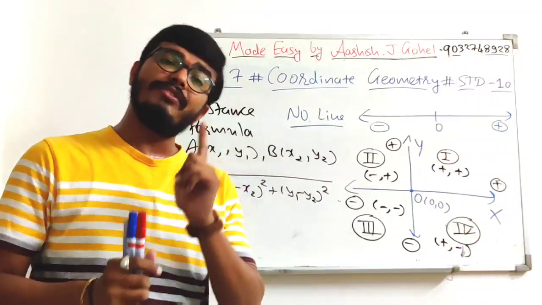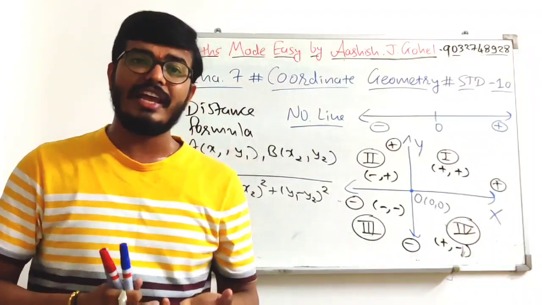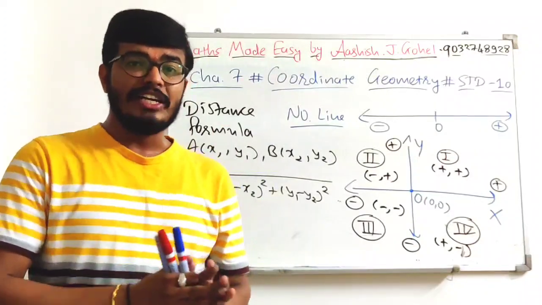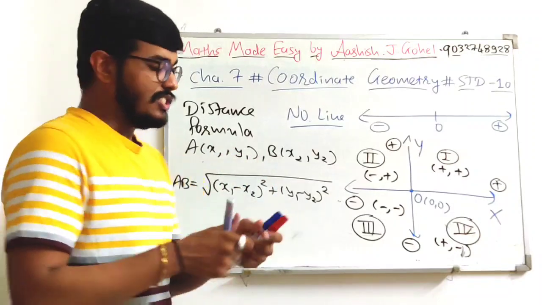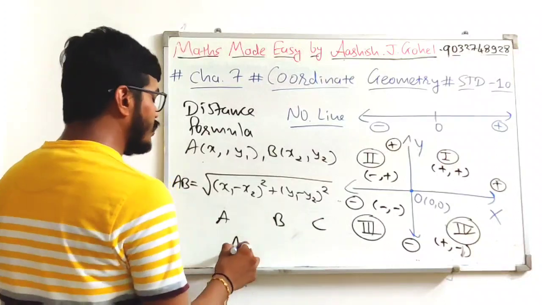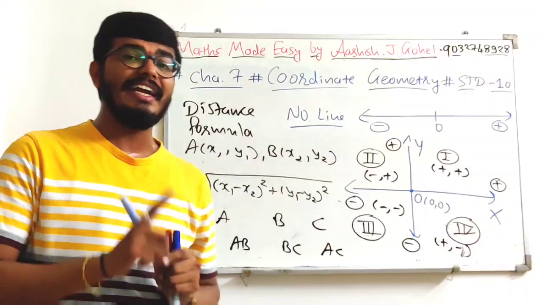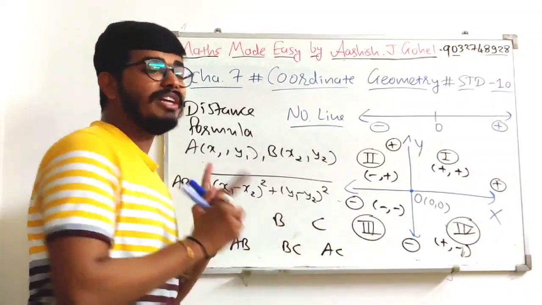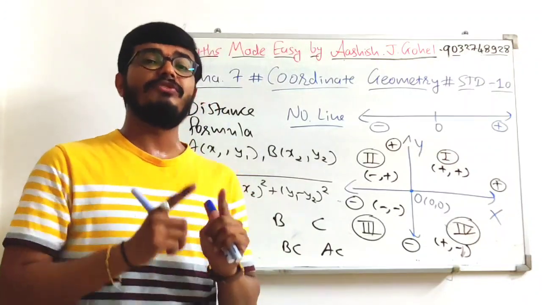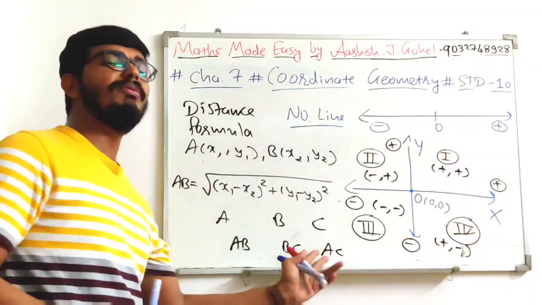Okay, so if we can make triangles, then triangles are also of several types. Isosceles triangle is there, right angle triangle is there, equilateral triangle is there. Okay, so if 3 points are given, A, B and C, and I find all 3 distances AB, BC and AC, okay, so I can get an idea whether these 3 will form a triangle or not. And if they are forming a triangle, then which type of triangle it is? Isosceles, then any 2 sides will be equal.